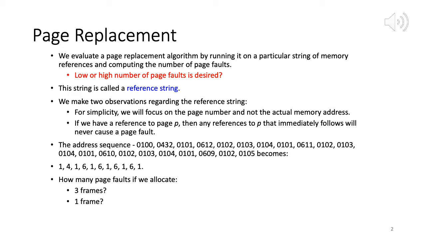Right. So here, just for simplicity, we ignore the offsets. We just concentrate on the page number. So here what we are assuming is 100 bytes per page. Okay. So 100 bytes per page, and we know that one memory location points to 1 byte. So 100 memory locations point to 100 bytes. 100 memory locations correspond to one page. So if I look at 100, 100 to 199 virtual addresses correspond to page 1.